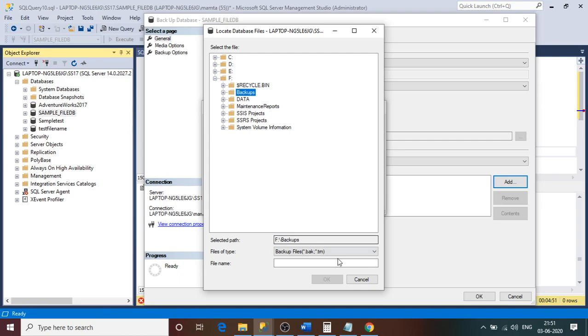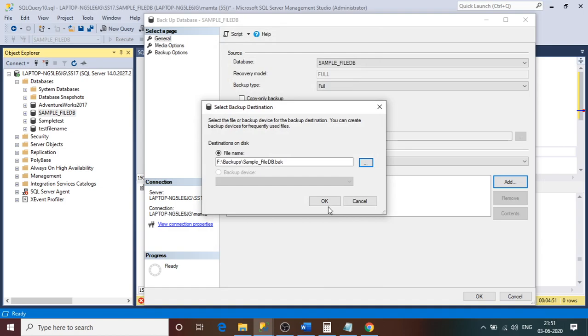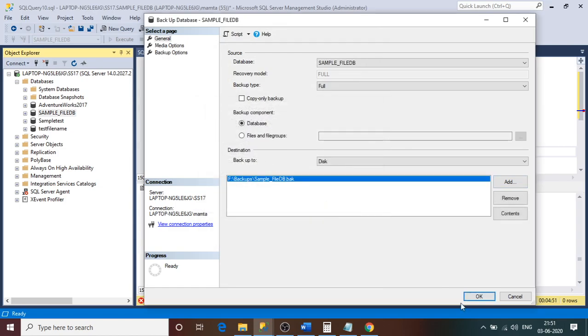I want to take the backup in this folder. I'll give the file name the same name as the database, always keep the backup file name the same as the database, with .bak. Click OK, select this, click OK.